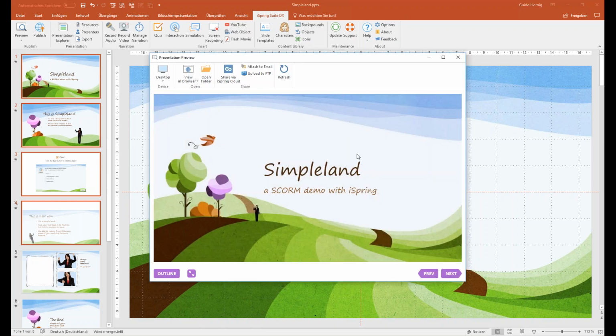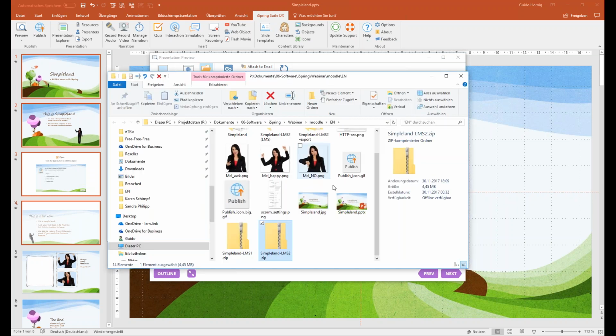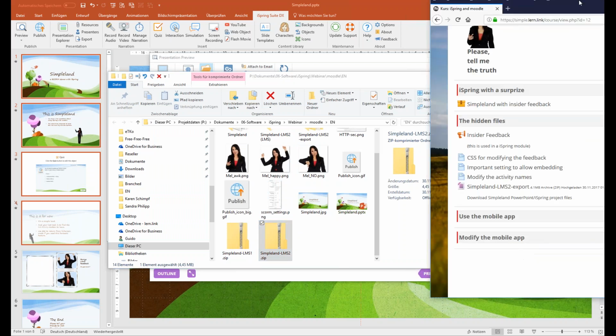Okay, that's already finished. And this is a test browser where you can check your module. And you can also check in other browsers. Maybe it's necessary for your company to be sure that Internet Explorer works well. But also Internet Explorer is already exchanged by Edge, and this will really work very well together with iSpring modules. You can also use Open Folder, and this is a folder, and this is a zip file which is produced. And it's very easy to put this on your Moodle site, because, so here comes the browser